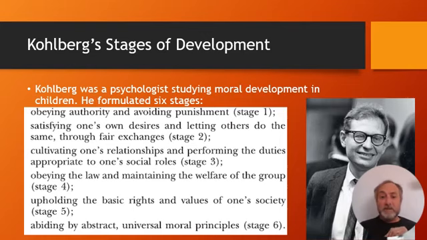Stage three, cultivating one's relationships and performing the duties appropriate to one's social roles. So this is important. I have a 5-year-old, and I was told by specialists, when I was a kid we had chores around the house and we were paid for the chores. Okay, you sweep the yard, you clean up the leaves and you get $1 or whatever. And I was told by experts in the field, oh, actually, you shouldn't do that. You should let your child know that just as being a part of the family, you have certain jobs and you just do them. And so it's advancing from stage 2, where you're doing fair trades, to stage 3, where it's just, okay, you have a role. You have a job to do in this group and you just do it.